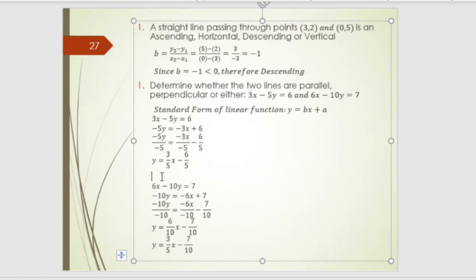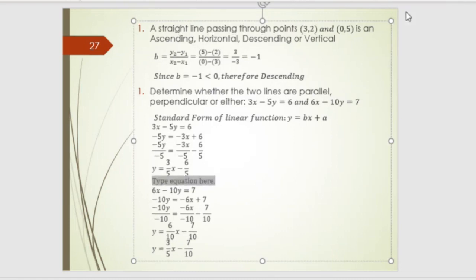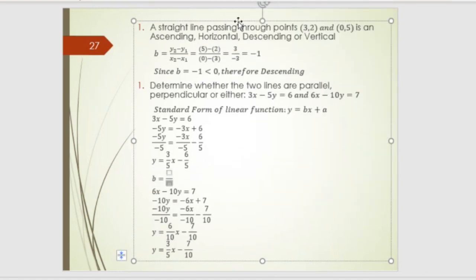What can we say? Let me say this one. B equals 3 over 5. 3 over 5. And again here,